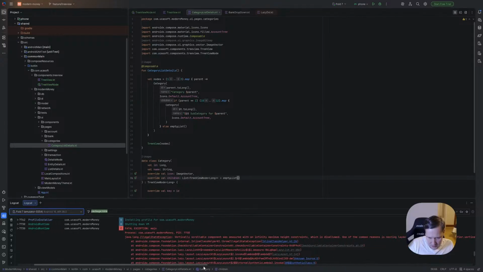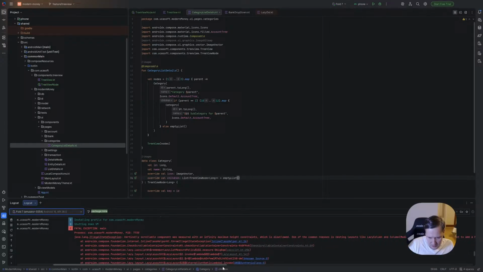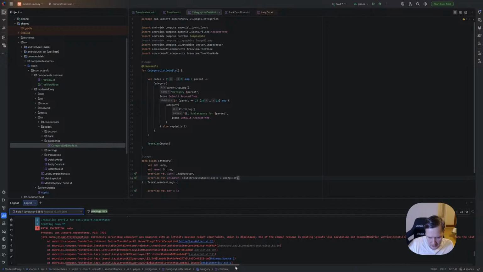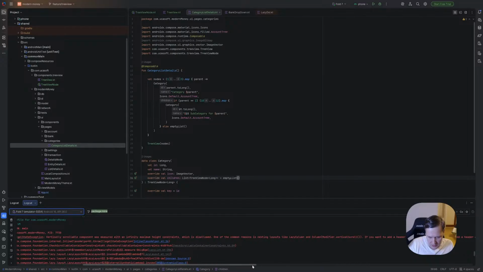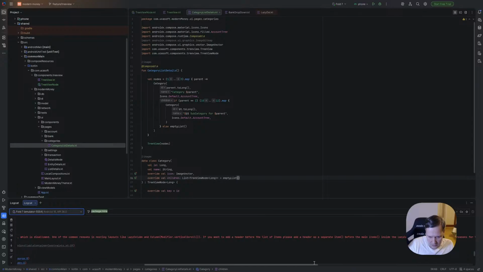Vertical scrollable component was measured with an infinity max height constraint, which is disallowed. One of the common reasons is vertical scroll. If you want to add something before the list of items, please add the header as a separate item before the main items inside the lazy scope.